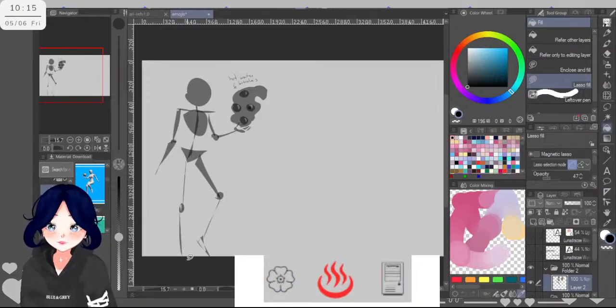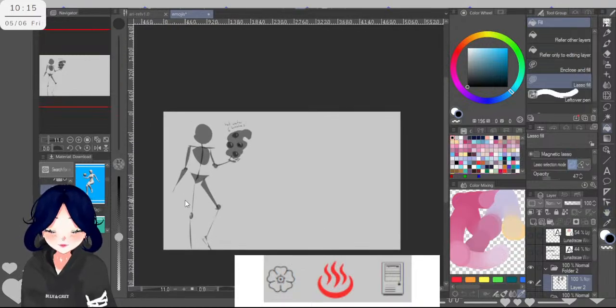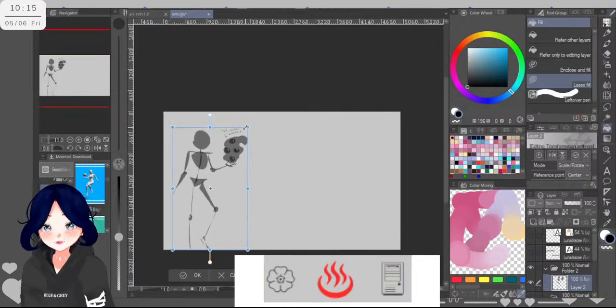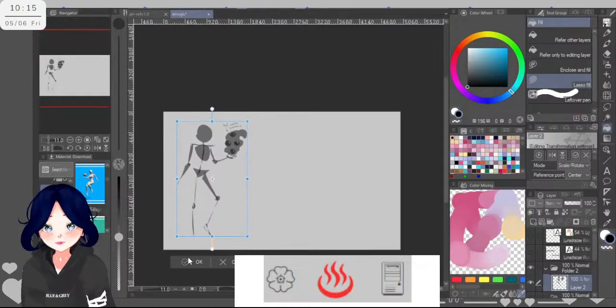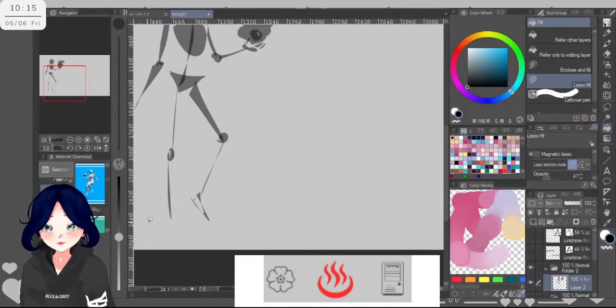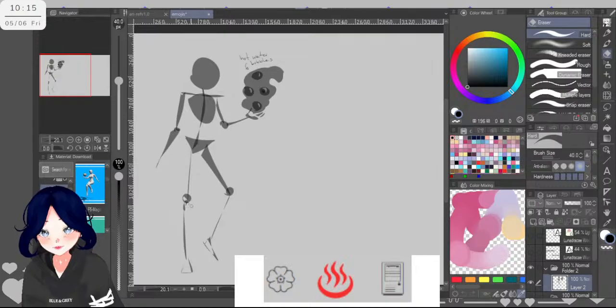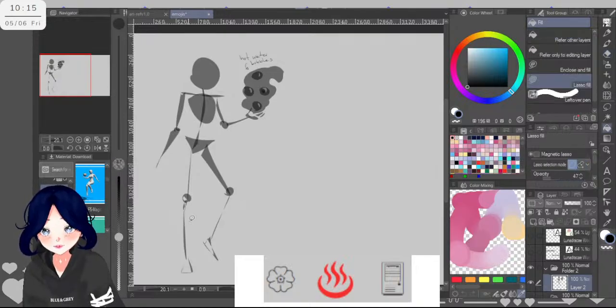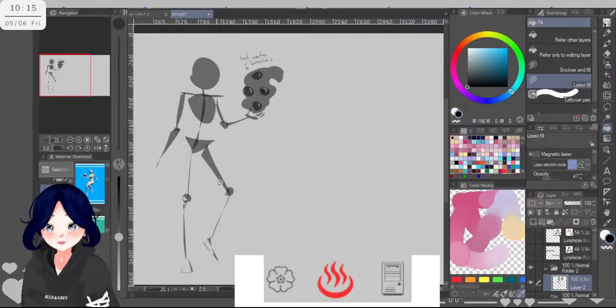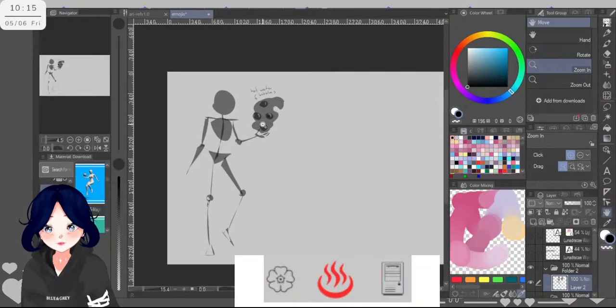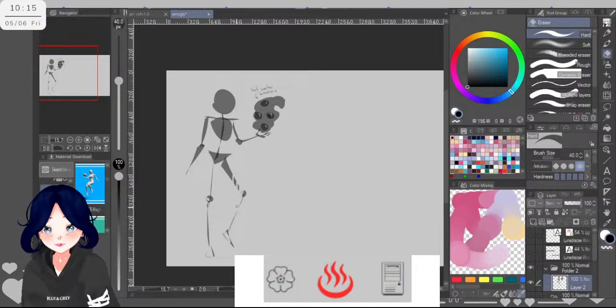Let's see. I think it works like this. We just have to make a little more detail in here. Something that I have noticed is that I tend to make the knees a little lower. Okay, we have that. I'm not convinced with this leg, honestly.